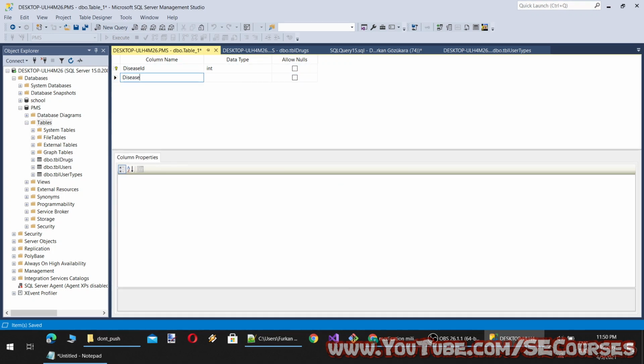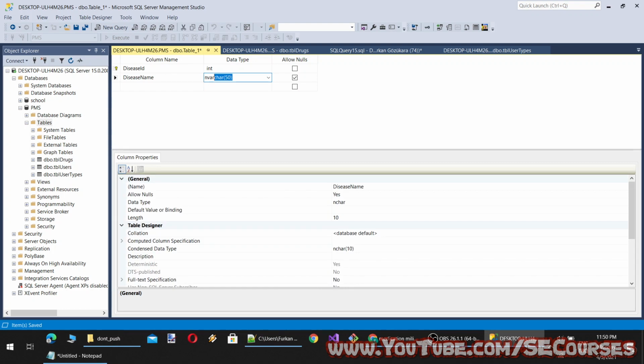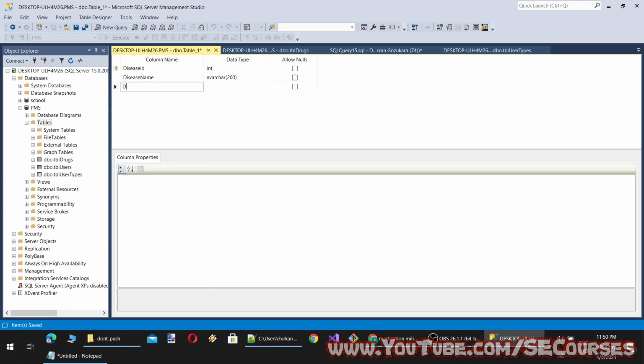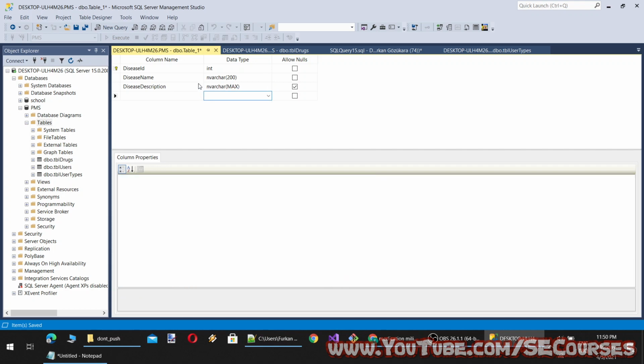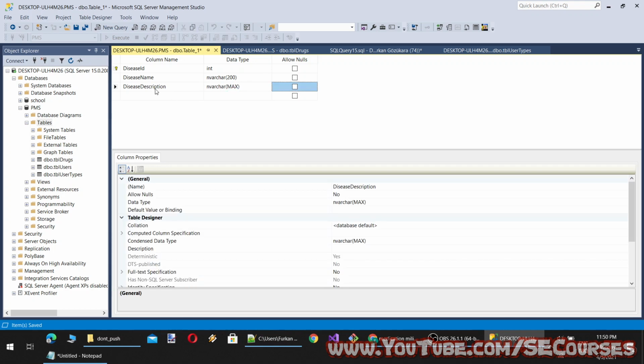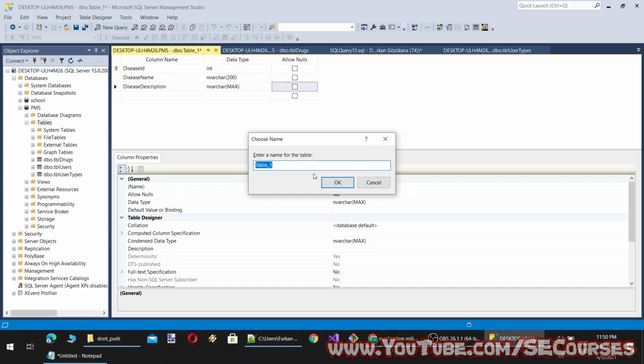Okay, disease name, and there can be disease description. We could expand this database for disease symptoms and other such things, but it would make it even more complex. We don't need that right now. So there will be disease ID, disease name, disease description, tblDiseases.